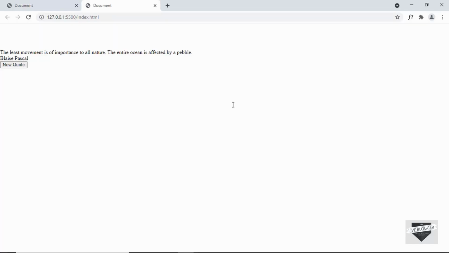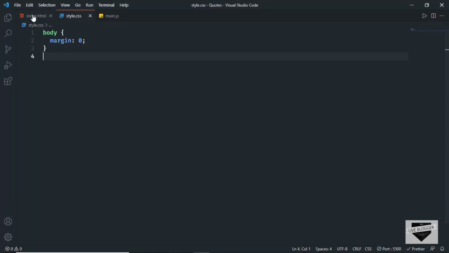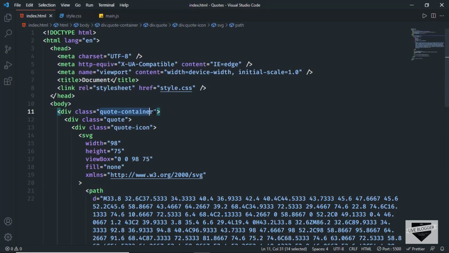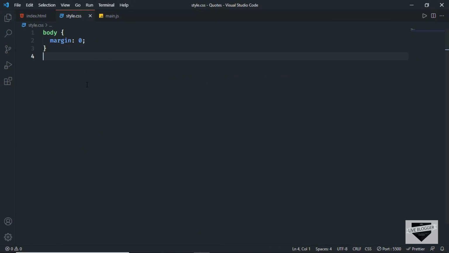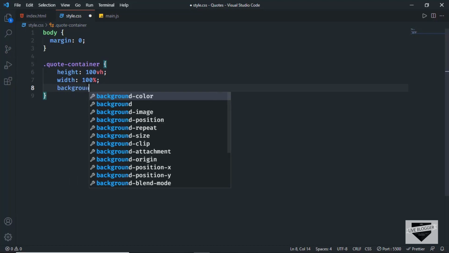Now the next thing we will do is style the court container. So here we have this division with the class of court container. So let's target that. Here I'll just type .court container, and I'll just set the height to 100 viewport height, which is 100% height of the browser window, and then we'll set the width to 100%, and let's set a background color of